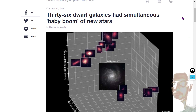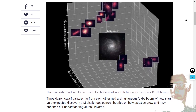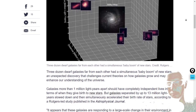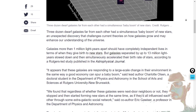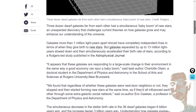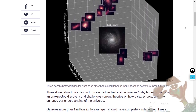Next, let's talk about the birth of stars. Have we ever really seen stars get born, folks? The answer is, well, a lot of people believe we have, and a lot of people believe we haven't, as the life cycles of stars are not really fully understood. However, 36 dwarf galaxies all seemed to light up at the same time. So the belief that stars were born there may be a little bit outlandish, but in any case,